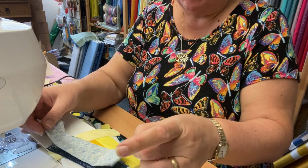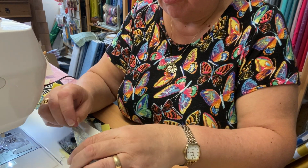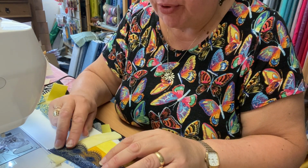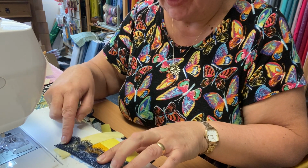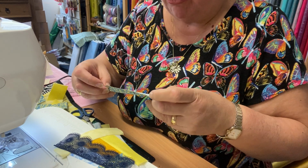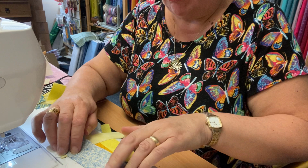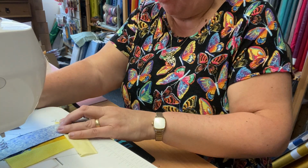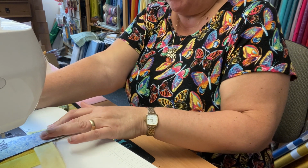Right, can you see I'm now going to put this one on top where that is, but actually I'm going to lose a lot of that lace if I do it. So I'm going to bring it over like an eighth of an inch into the blue towards me. Does that make sense? I'm then going to put this right sides together on top at the proper quarter of an inch. I'm going to carefully turn that around there, and I'm going to drop my foot on there quick before I lose it. And then I'm just going to go right the way across,